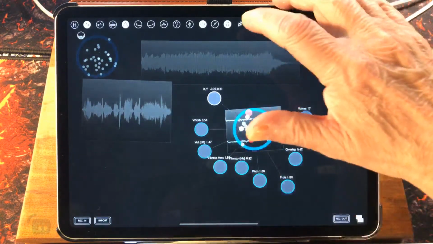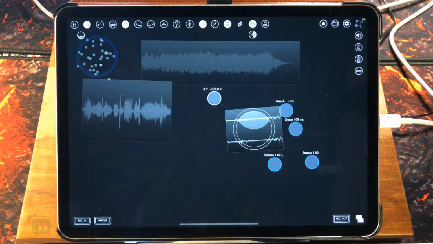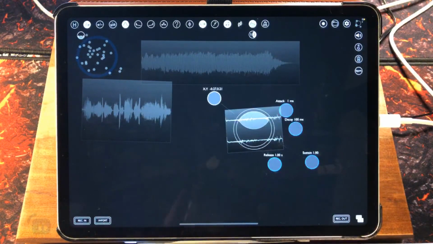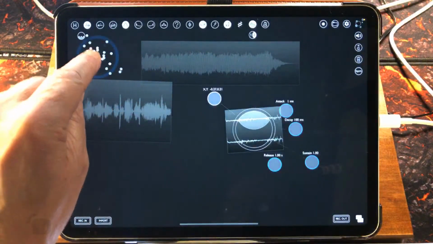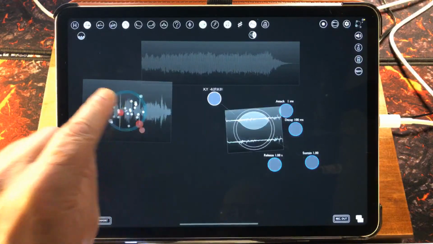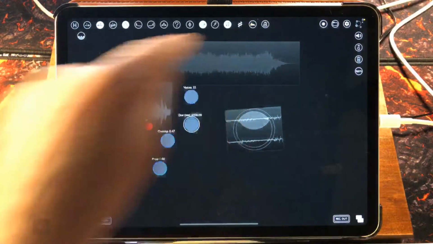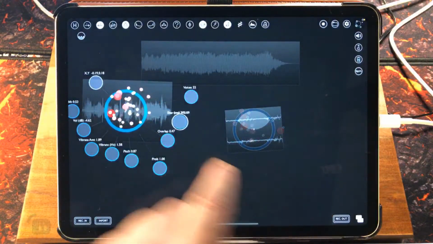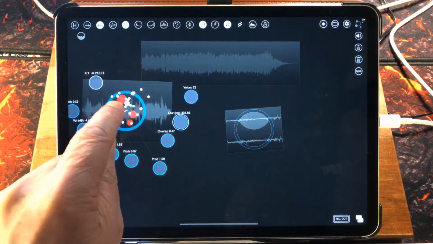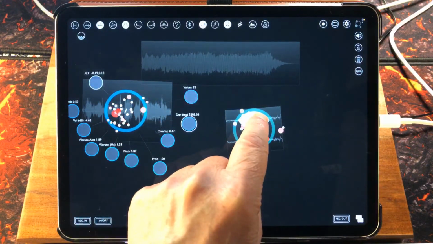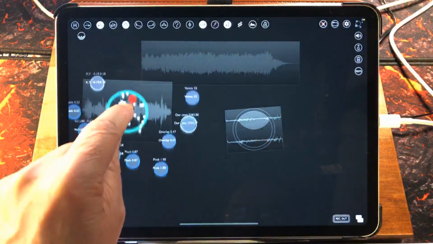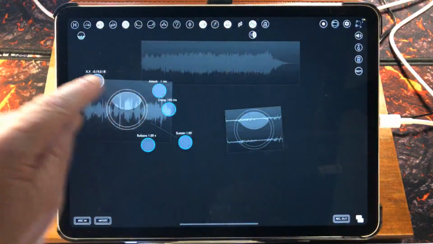Now, here is the ADSR thing that I was telling you about. So say we've got one of these. You see it's gone off. So switch it on for this. And now we've got